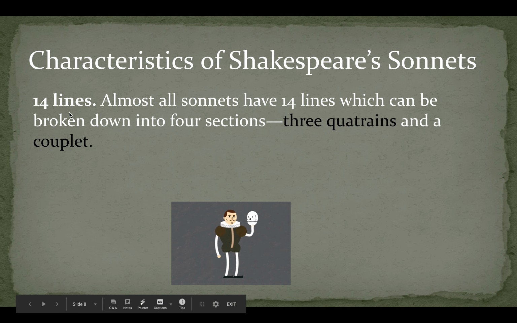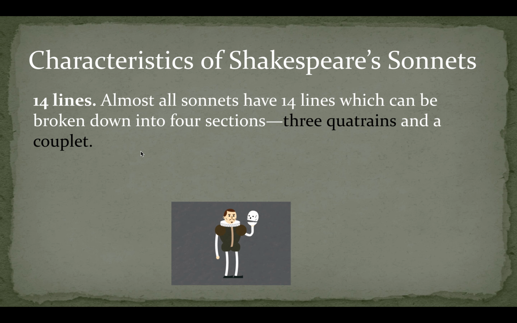Once again, 14 lines long, count them. I'm only familiar with one of Shakespeare's sonnets that doesn't have 14 lines, and I suspect that it just reflects that it was incomplete. But take a look at it. It's got 14 lines. Ooh, there's a good sign. My cat has jumped on the desk. We'll see what happens here.